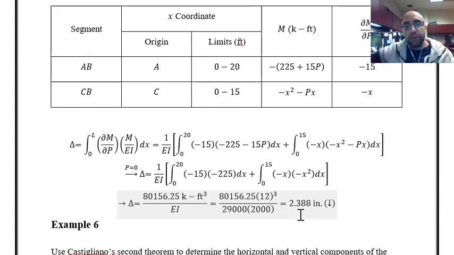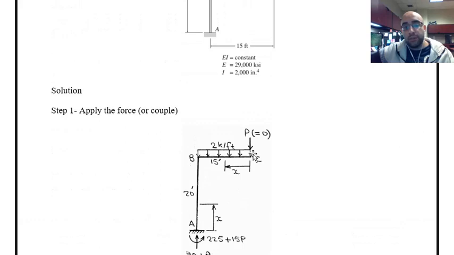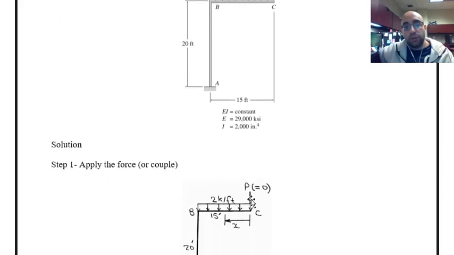2.39 or about 2.4 inches. This is positive, which means that the direction of the deflection is in the same direction as the P force that I applied at the beginning of the analysis. In this specific example, the actual loading did not have any point load at point C. That's why I applied the P, and at the end in the calculations, I set the value of P as